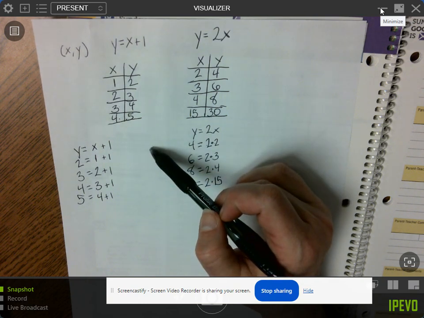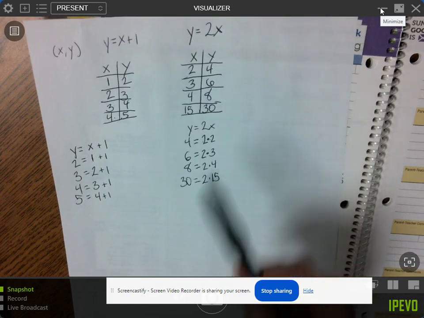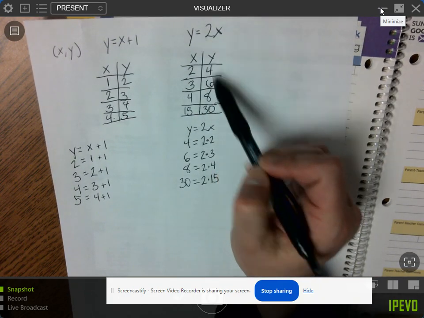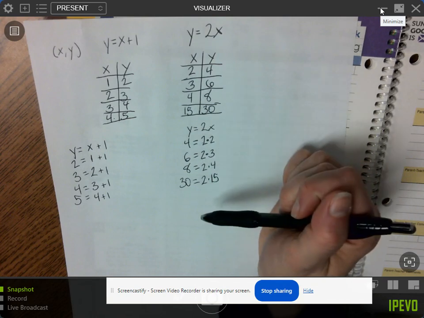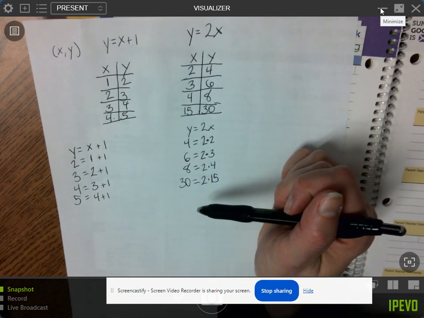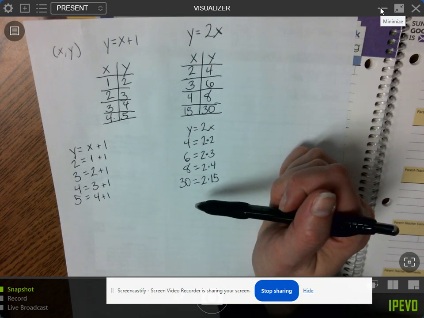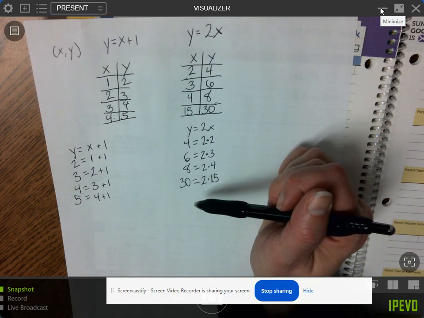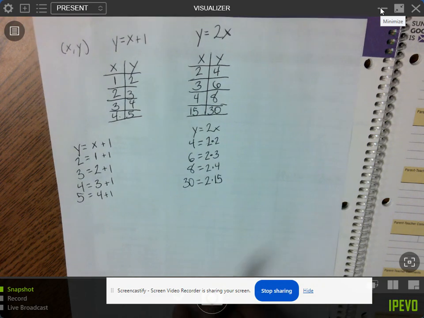On the test, I'm going to check if I put a 15 in for X, do I get 30 for my Y, my output? That's what I'm looking for. So it doesn't have to be a pattern, but it might help you on the test know that you're doing it correctly. Our next one